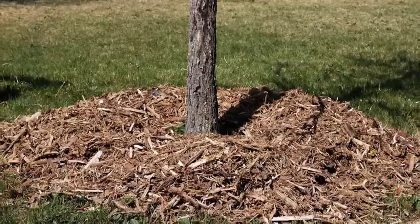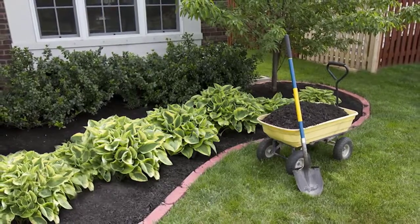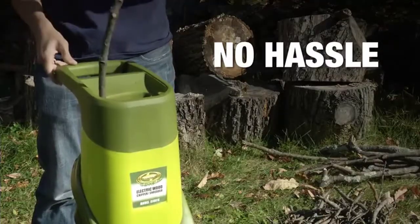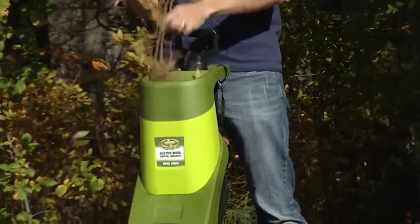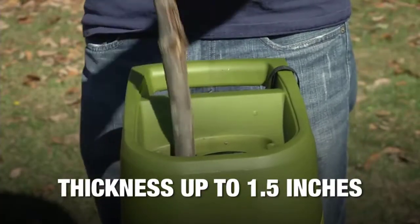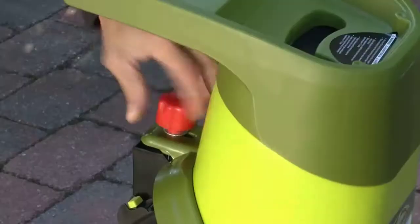Create perfect mulch for trees, flower beds, and lawns. Clean your yard and nurture it. No smoke, no fumes, no finicky starters or costly tune-ups. It just works. Shred branches up to 1.5 inches thick quickly and safely with its removable safety switch and safety